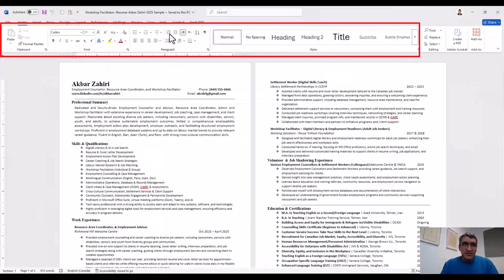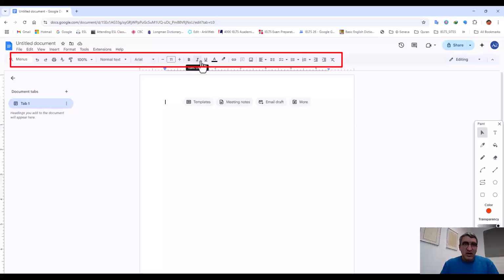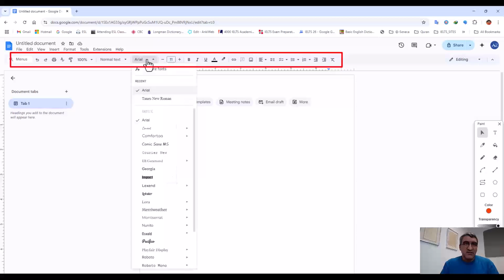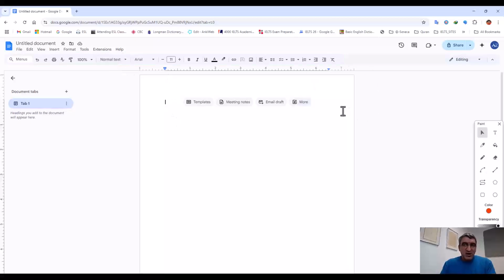These tools that you see on home, for example, bold, italic, underline, changing the size, changing the color, everything. It is similar here. These are the necessary tools that are available, and it is free. So this is the workplace of Google Docs that you are working in.